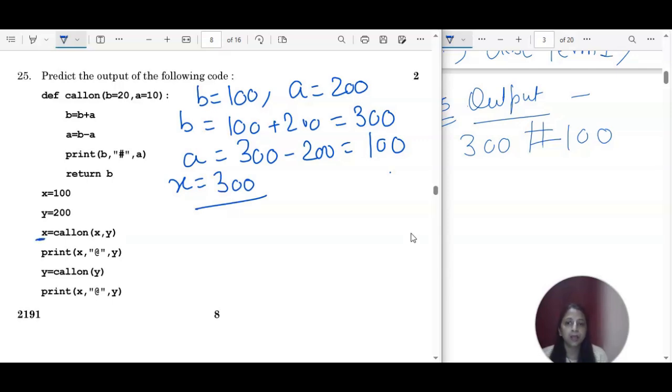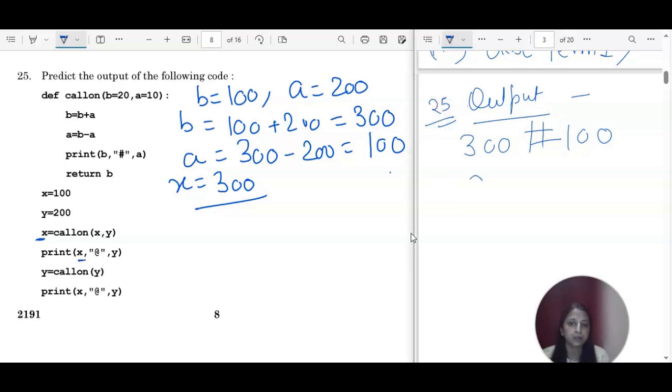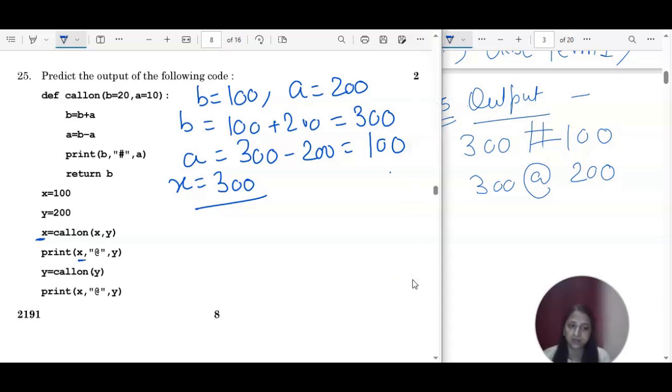300, this one. Now again we have a print statement. So we are displaying the value of x. x is now 300. And we have at the rate and the value of y. So this time the y value will be the global variable, right? So the global variable is 200. So here it would be 200. Perfect. Now again we call the function and a single value is actually passing. The parameter is 1 only. So this positional parameter will work, and the default one will work for the other. So this y value is what?